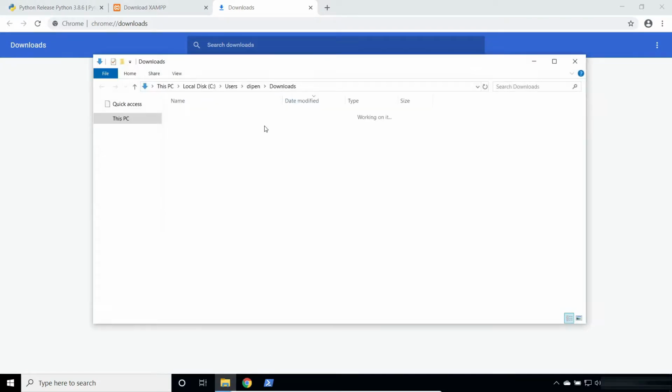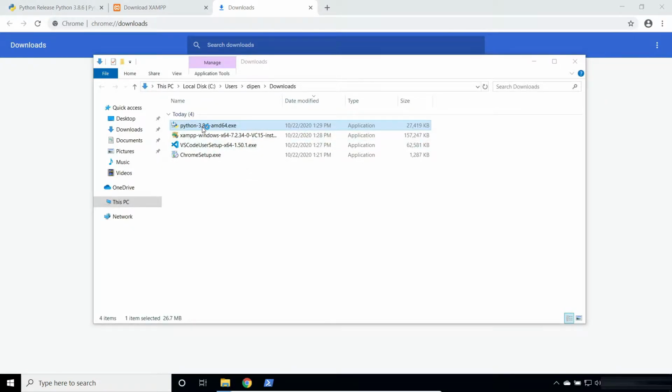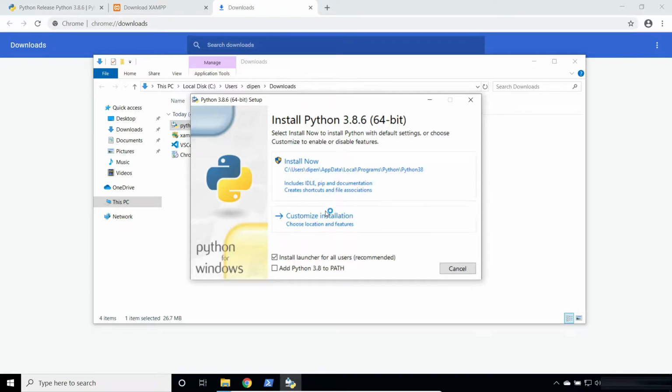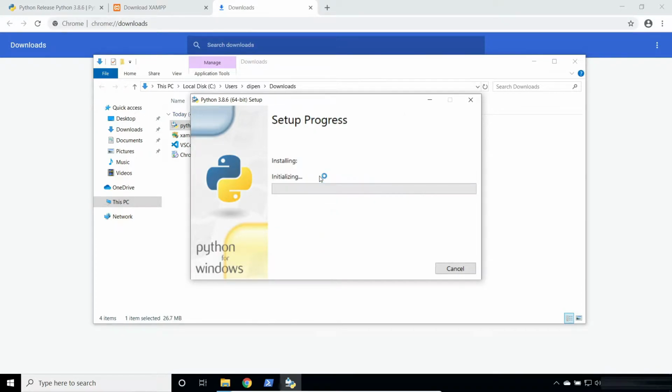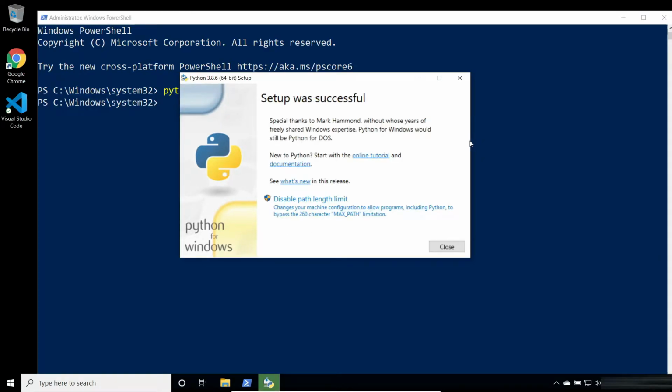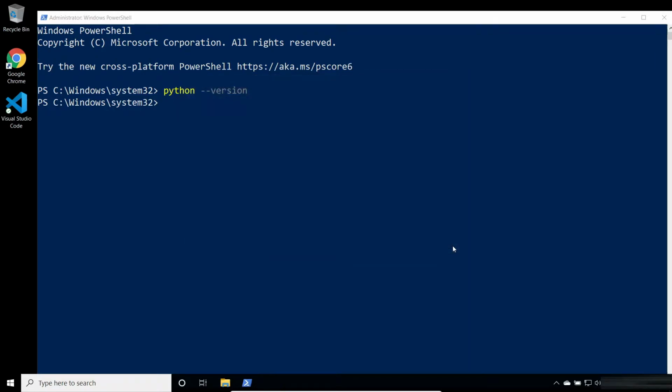So we will set up Python at first. So go to this folder and let's set up Python 3.8. So here remember to keep Add Python 3.8 to PATH. You need to remember to check this option, and click on Install Now and click yes. So this will set up Python. So Python has been successfully set up, and close this.